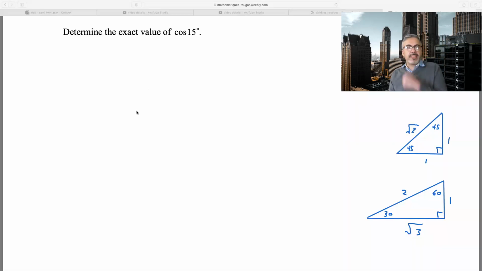So here is one that says determine the exact value of cos 15. Unfortunately, this one, you cannot just go and put it in your calculator because that will give you a decimal and that's not exact. So what do we do if they want the exact value and it's cos 15? I know this is not a special angle and you cannot go to the unit circle and all of that. So what you need to do, you have to think of an alternative to 15. So 15 could be expressed as 60 minus 45 gives you 15,